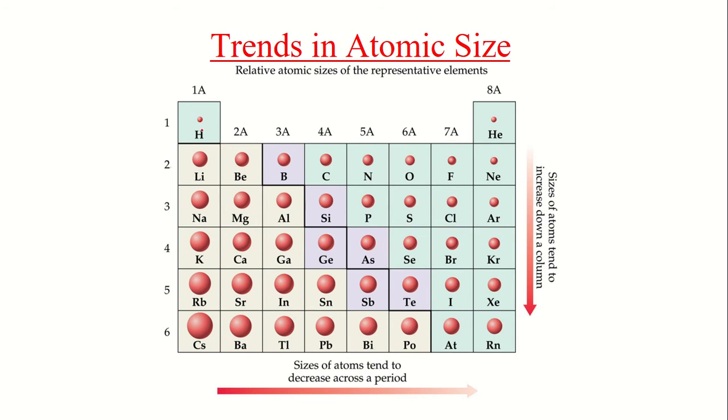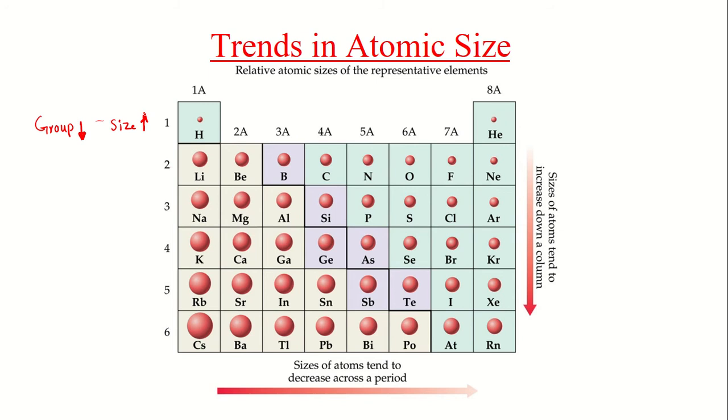If we are going to compare elements in one group, this trend is going to be applied. Size increases down a column. If we are going to compare size of elements in one group, as you see here, size increases if we move from top to down. So I'm going to write it here. If you are going to compare elements in one group, if we move down a group, size